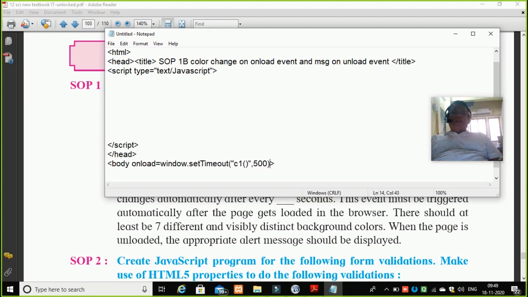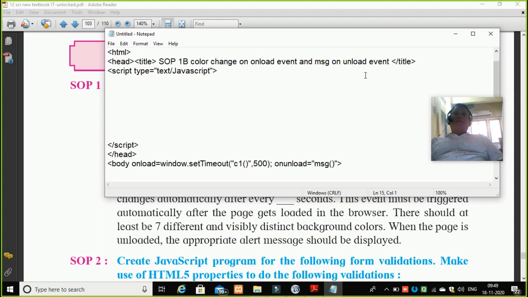Put a semicolon here now because I'm writing one more event over here, that is onunload, and I'll write here function message with double quotes open, which will show me the alert message. That's all. This much only I'm supposed to write here.